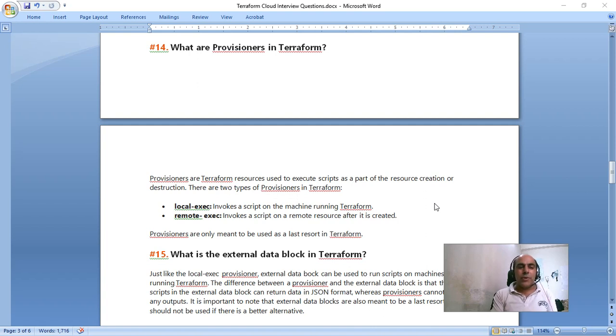Remote-exec invokes a script on a remote resource once it gets created. So the local-exec script will be run on the local machine, and the remote-exec script would be run on the remote resource.